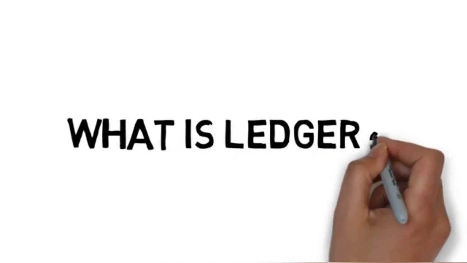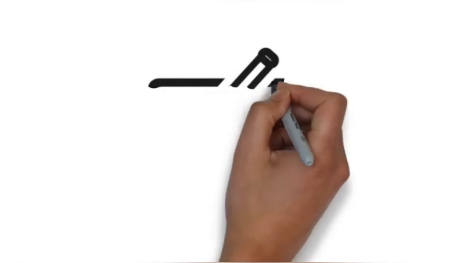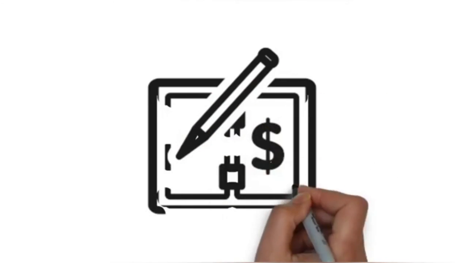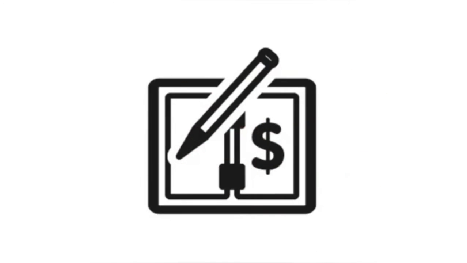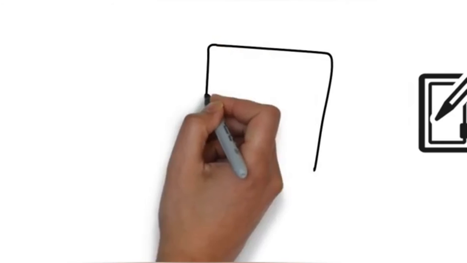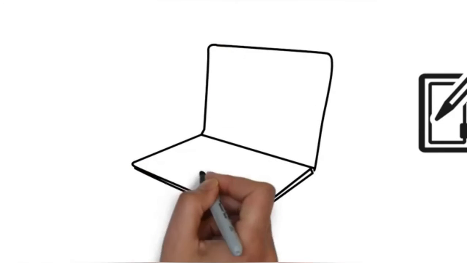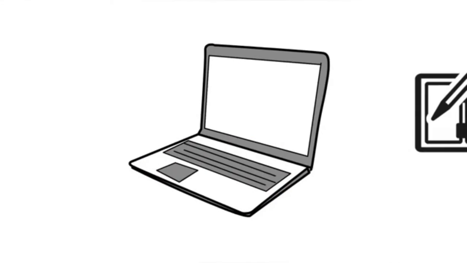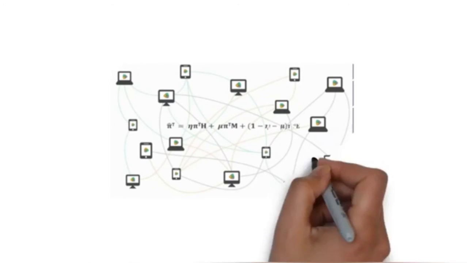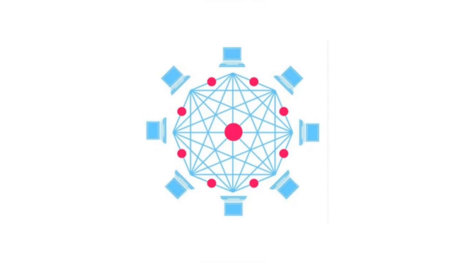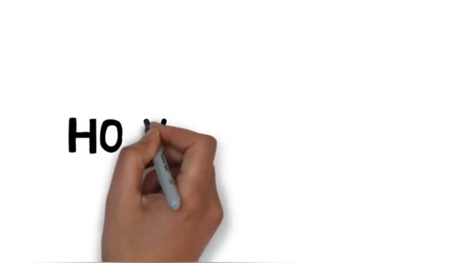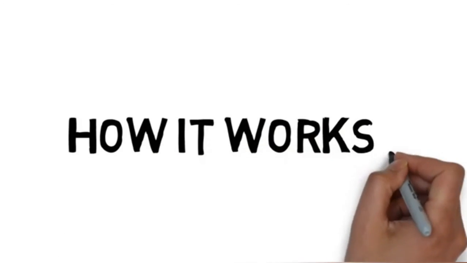A ledger is a kind of database where confirmed transactions are recorded. Unlike the age-old ledger method, like a book or data stored in a computer or single system, blockchain can be designed to be decentralized and distributed across a large network of computers. A distributed ledger is a type of database that is shared, replicated, and synchronized among the members of a decentralized network. Then, how does it work?